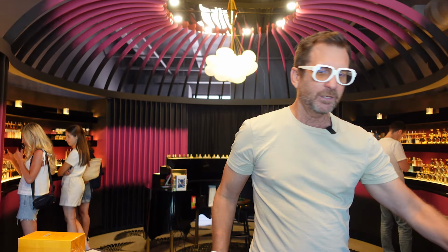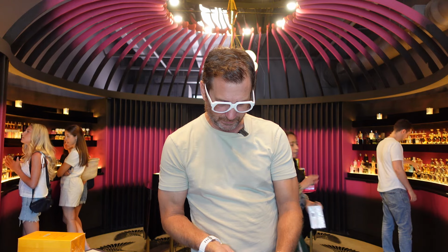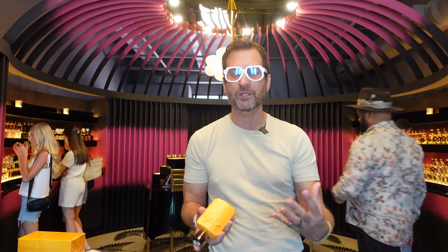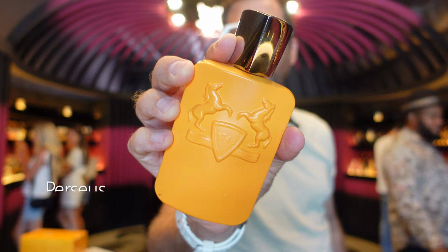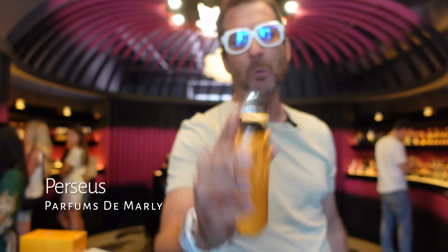Next, and I sometimes butcher this one because it's newer to me and I haven't known it as well as a lot of the other Parfums de Marly, but this is Perseus. And this is one of their newer fragrances, and of course, look at that, it comes in that orange bottle. Okay, if you look at this one, and you look at the notes,